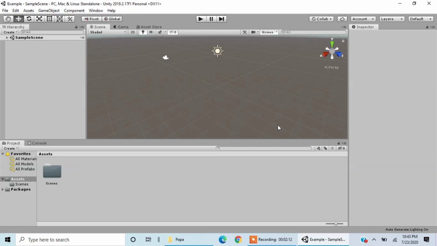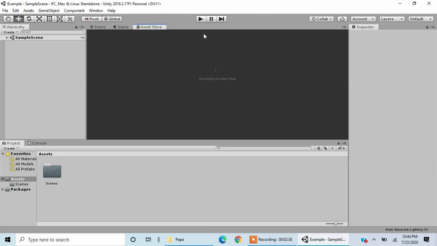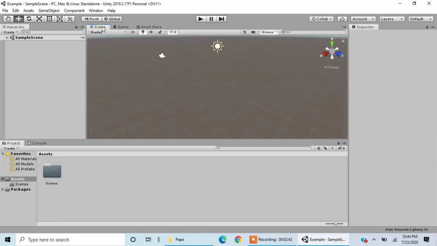As you can see, when that boots up, we will see the software. Please do not feel overwhelmed by seeing all of these things. I know these things are new for you, but that's fine. So this is the Unity software. It has the scene where we will be working on the game design, where we will be designing the game, and this is the game view where we will be testing our game, and this is the asset store. We'll see about this a little later as we move forward in the videos. So this is the scene, and